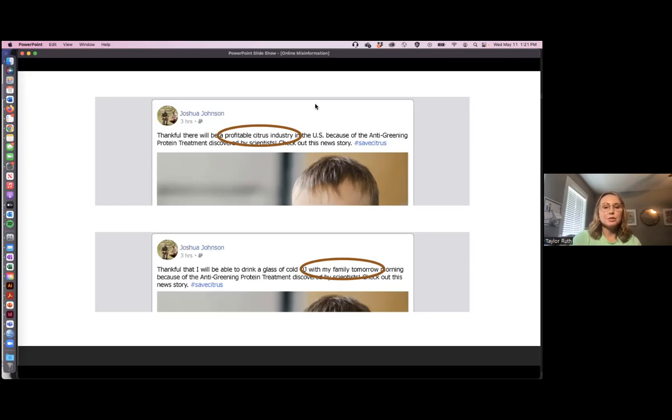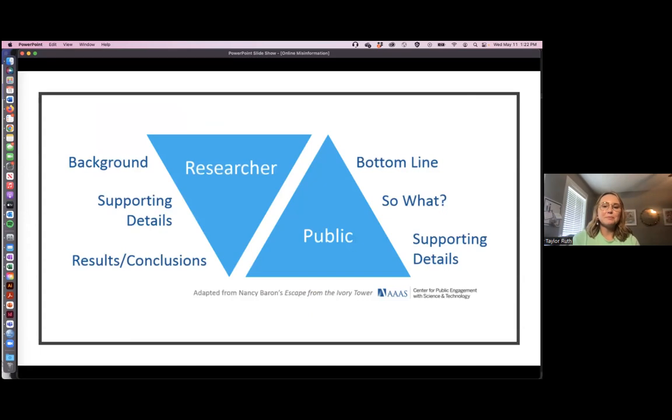The Florida Department of Citrus wanted to say, this is going to keep us profitable and save the industry. We're like, we should probably talk about more of a family value approach with this communication instead that's going to resonate more. And that's what we found in our research, was that people, of course, liked the message that talked about drinking orange juice with my family rather than keeping the citrus industry profitable in Florida, especially when we went to places like Baltimore, Chicago. They're like, I don't really care if the citrus industry is profitable. So coming back to thinking about who is your audience and what do they care about.